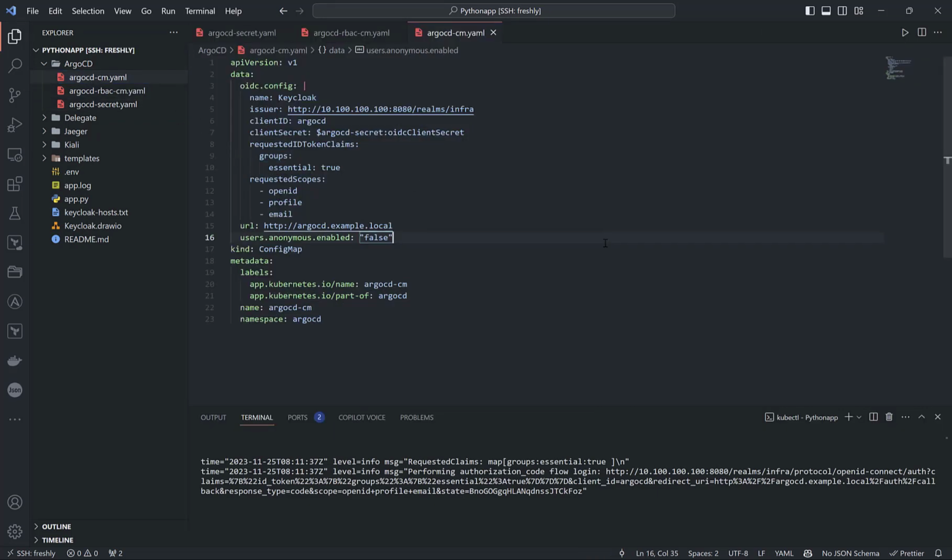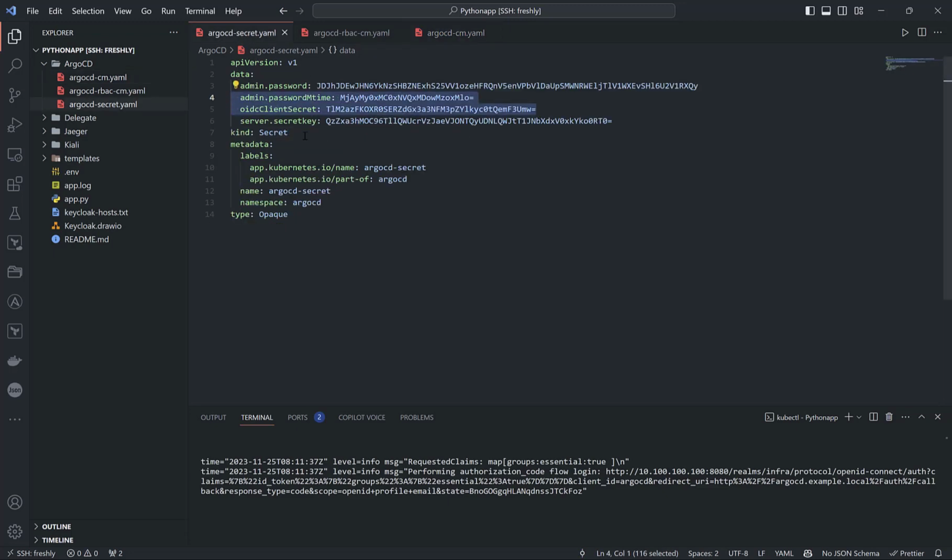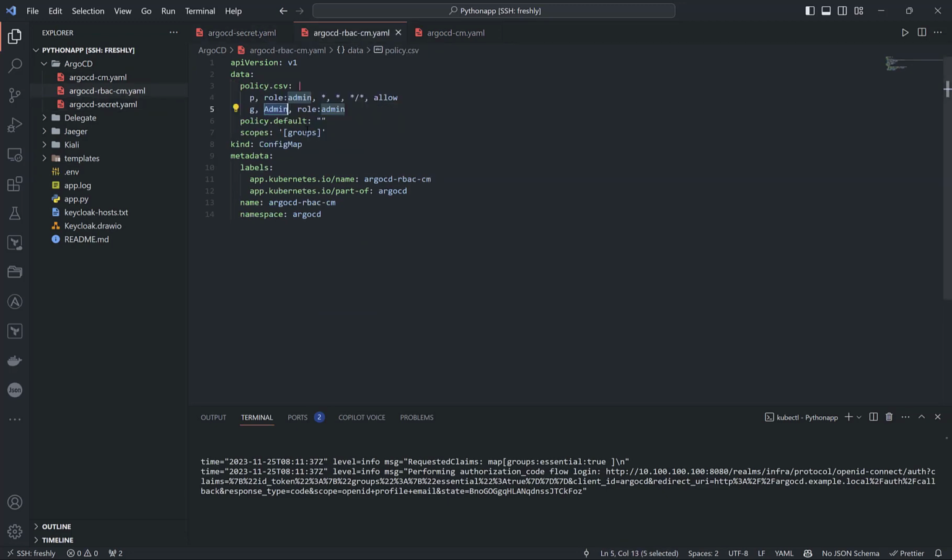This is the main config map of ArgoCD, where I configure OIDC inside of the argocd-cm config map, with the issuer URL, which is the real name of Keycloak. We have configured the client ID with the name ArgoCD. In the secret in the same namespace, argocd-secret, the key OIDC client secret will be present. If I switch here, we will see the OIDC client secret key present. So, the important part